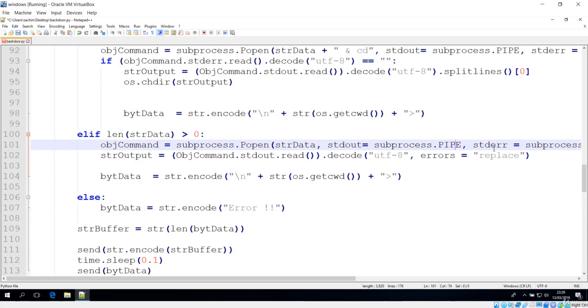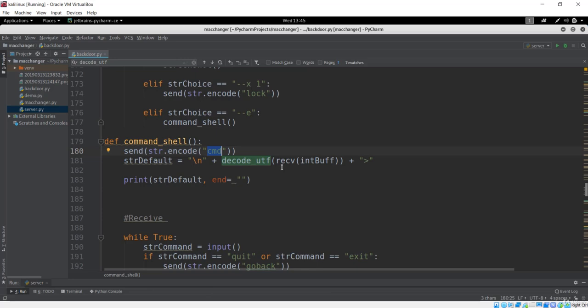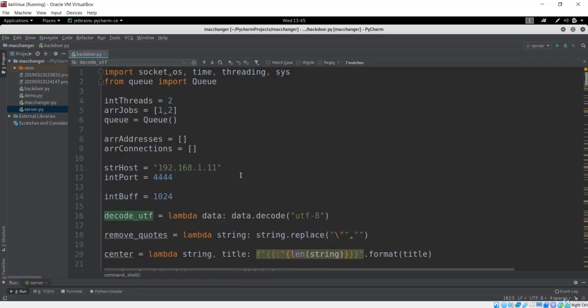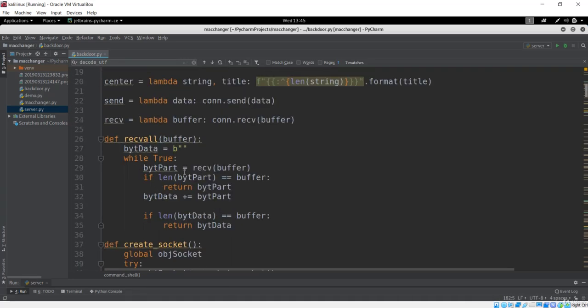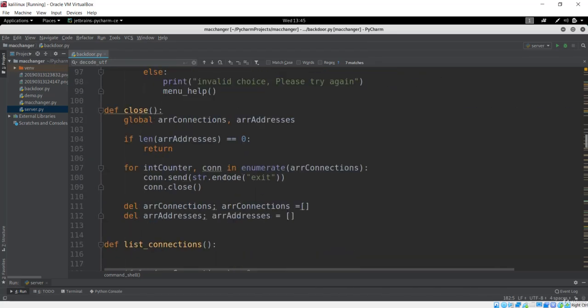And if you see that standard error over here, that is to be handled the same way as the standard output, which is the pipe method way, and the pipe is open for each of these cases. In this case we are encoding what we get, and we are creating that buffer and sending that buffer. In order to receive that buffer we have made use of this receive all method, which was created right over here, in order to get that byte of data, and we just encoded it and we just print it.